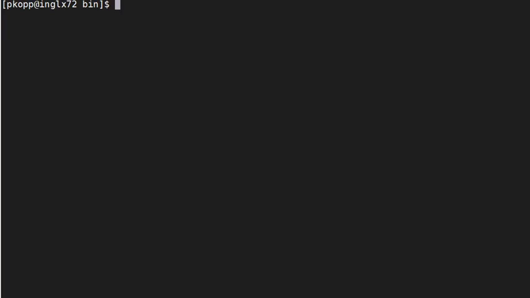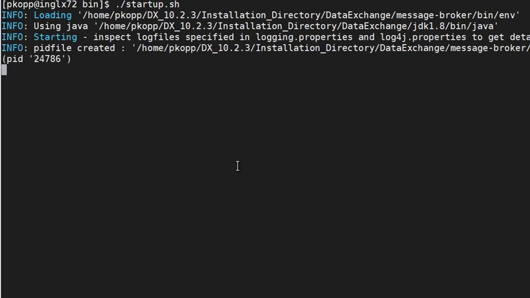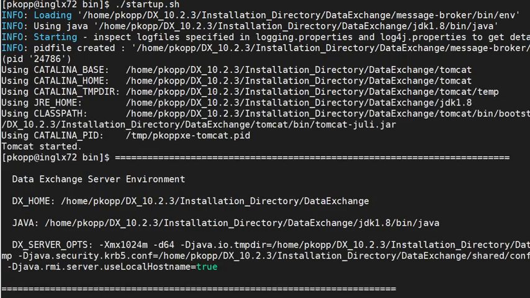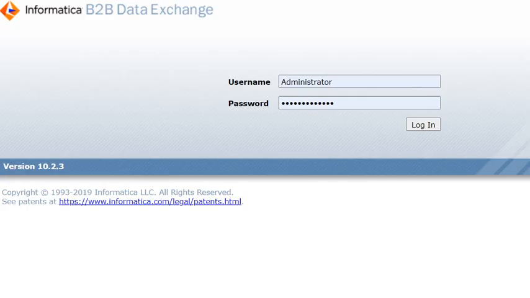Since I have already done that and I have made the changes to the dx repository, now I will be bringing up the dx services. Now we can see that the data exchange instance is now up and running.